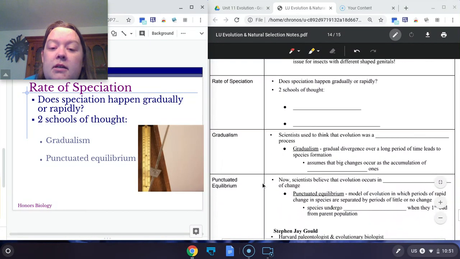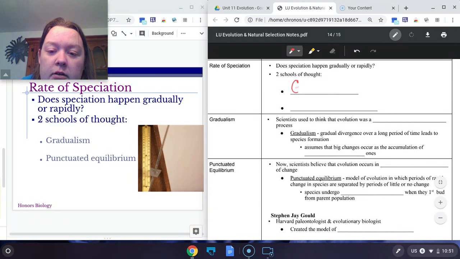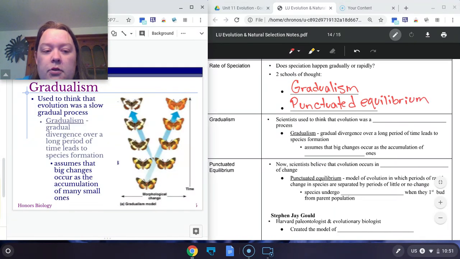Now, there are two ways in which new species are created. There's two schools of thought on this. The first school of thought is called gradualism, and the second school of thought is called punctuated equilibrium. So let's look at gradualism first. The process of gradualism